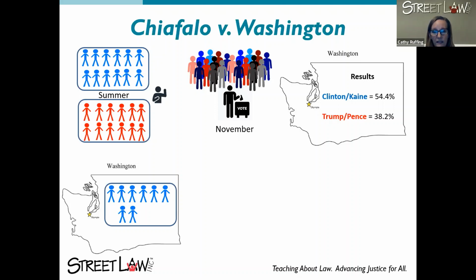But what happens is in December, when we go to make those votes, our 3 petitioners, Chiafalo, Guerrera, and John, decide to vote for Colin Powell. And they choose 3 separate vice presidential candidates, but they all do vote for Colin Powell. And they cast their ballot by mail, as electors do. And when they do that, they get fined $1,000. But their votes were sent to the Senate to be counted.